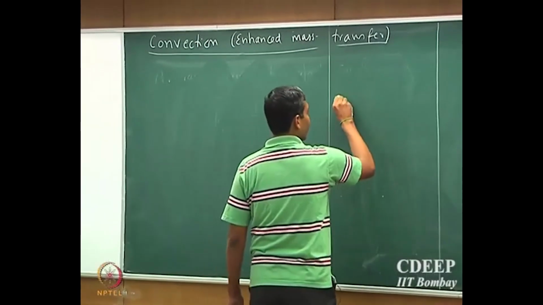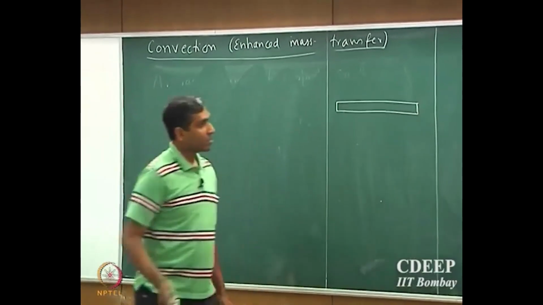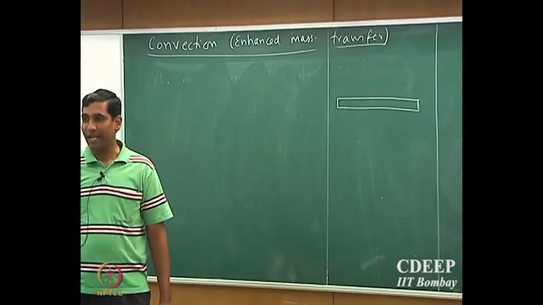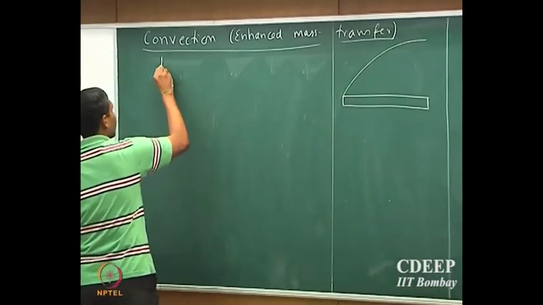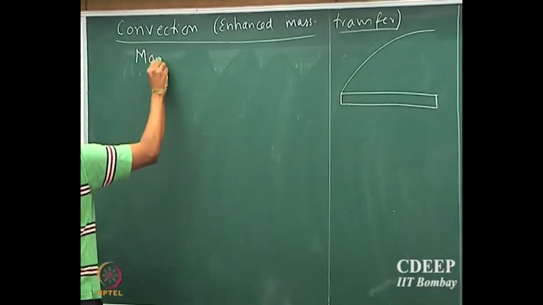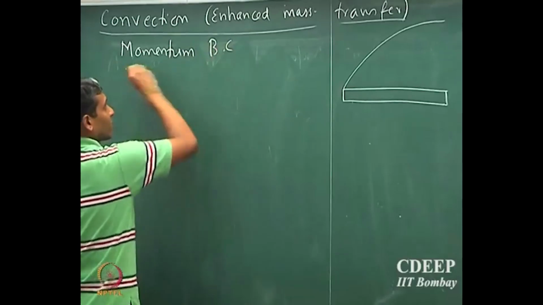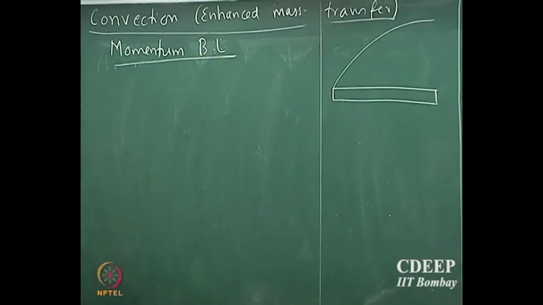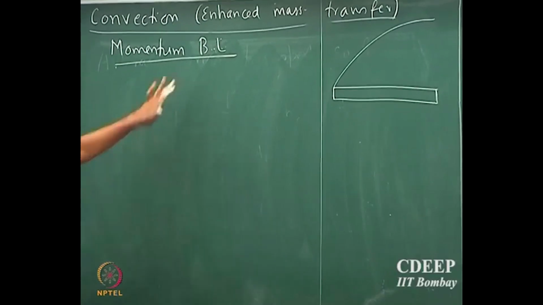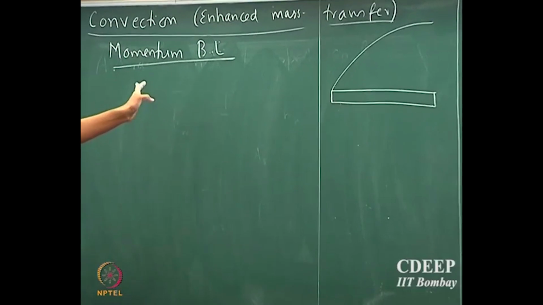So suppose I take a flat plate, okay. So I said there is going to be a boundary layer. So let us look at the momentum boundary layer. This has been dealt with quite extensively in your fluid mechanics course, so I will just briefly outline and will not go into the details of explaining all aspects of the momentum